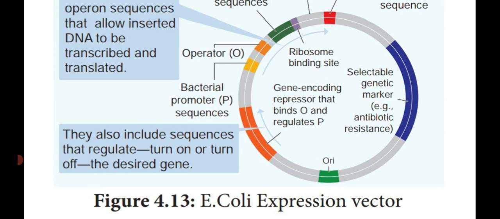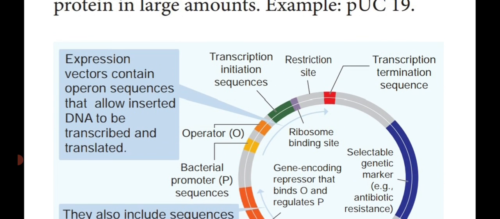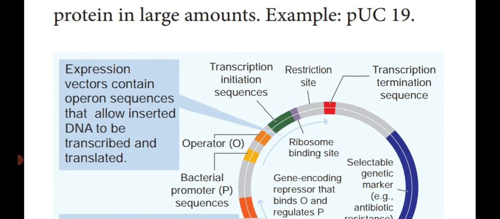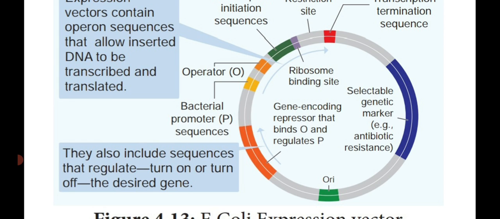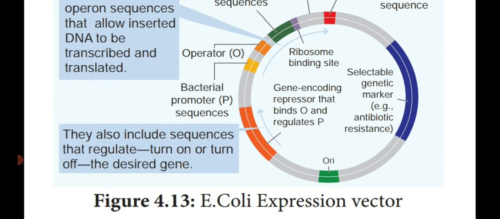So these are all the different signals given by an expression vector for the translation and transcription processes to produce the protein molecule in the DNA fragments, and this expression vector also produces its own protein molecule. Those vectors are known as expression vectors, which are present in E. coli bacteria. Dear students, up to this we have seen different types of